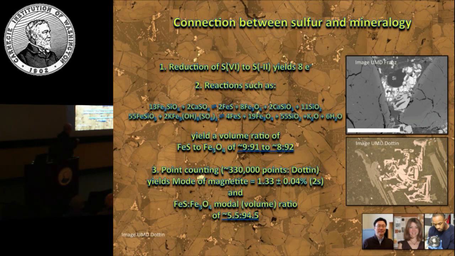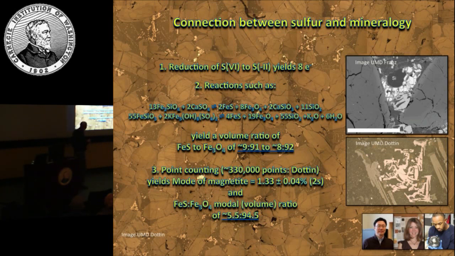You'll form more magnetite, and abundance-wise, volume-wise, the magnetite has many more atoms, so it actually fills up a much larger volume. And then you have to put the calcium or the potassium and the silica someplace. But we can calculate what the volume ratio of troilite, in this case, to magnetite should be. And you get something like 9 to 91, 9% troilite to 91% magnetite out of the two, or 8 to 92, depending on which reaction you're looking at. It's a fairly constant value.